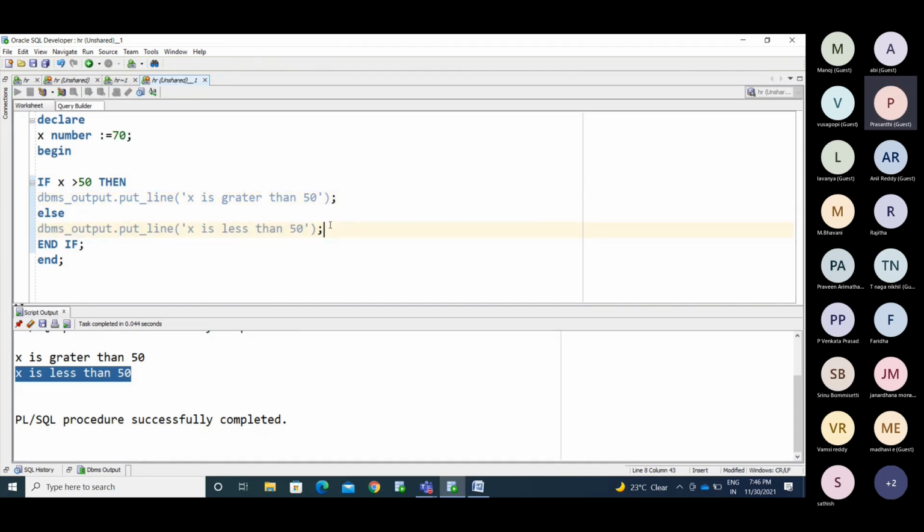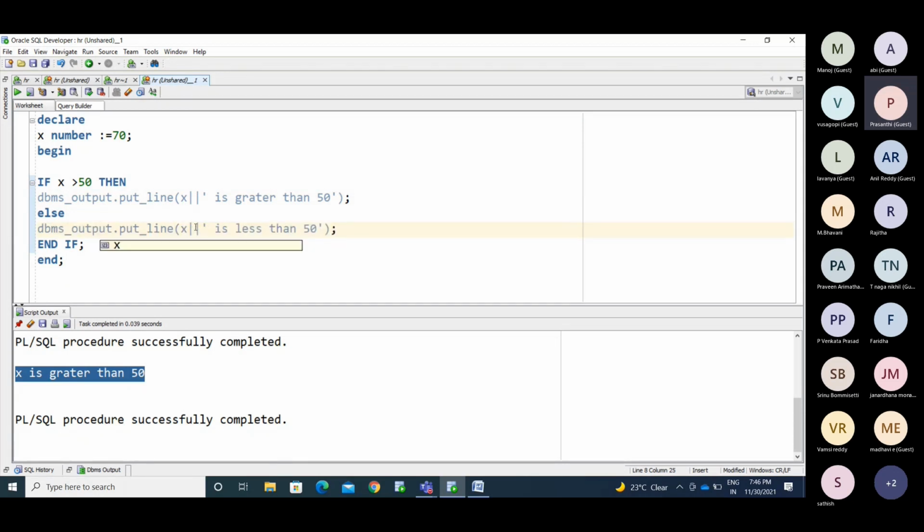Now I am running this. See here, I am getting only one condition, one value here: 70 is greater than 50. Instead of x, you can make it this way and you will get some idea. 70 is greater than 50.